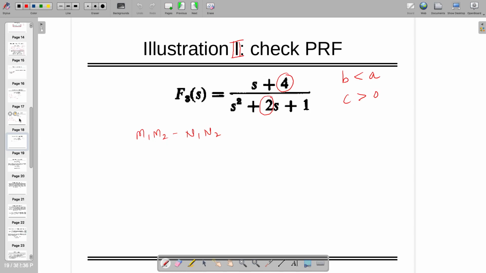If you know whether my system is Hurwitz and if it is a positive real function, I can move further and I can synthesize my circuit. This was the first part, right? Okay,